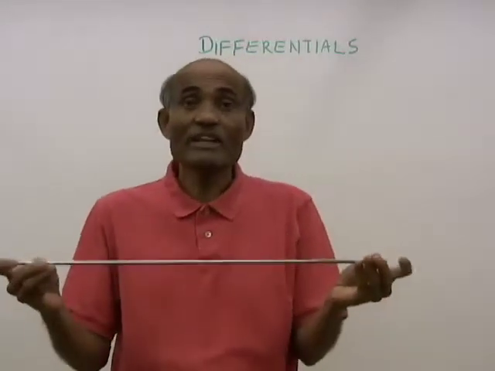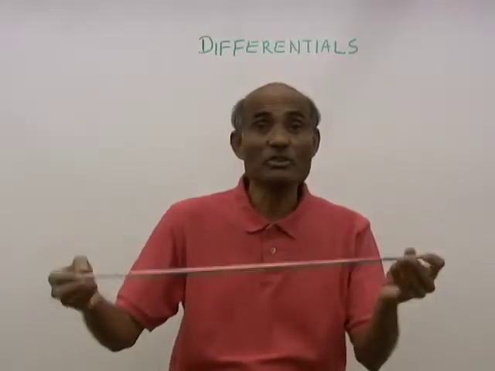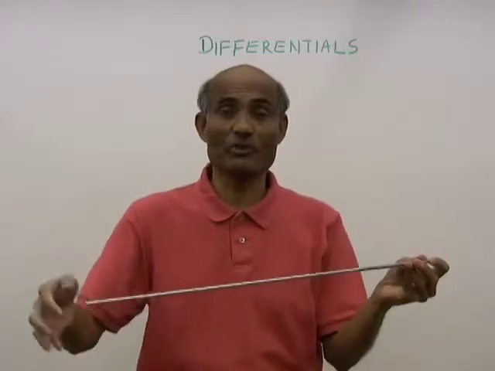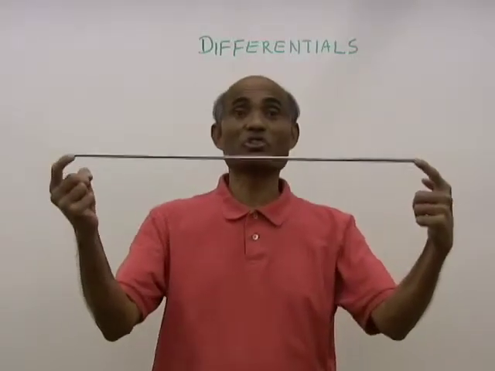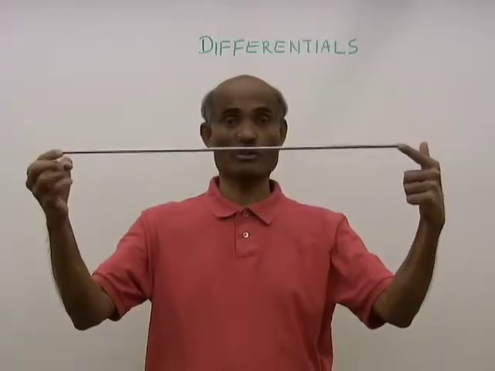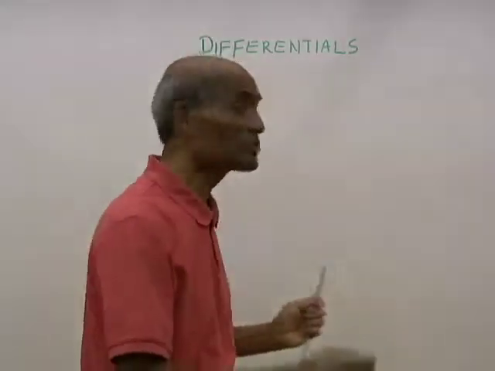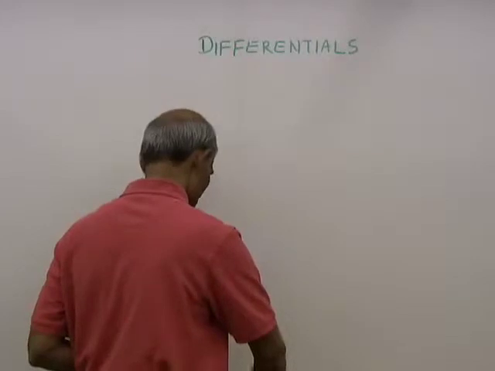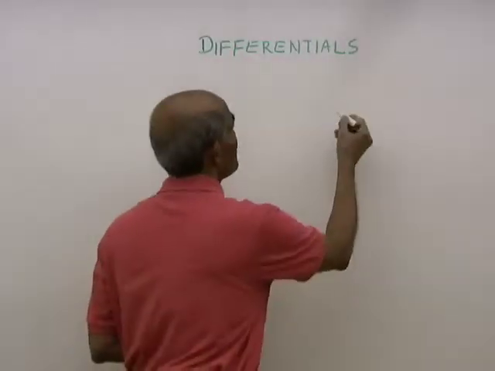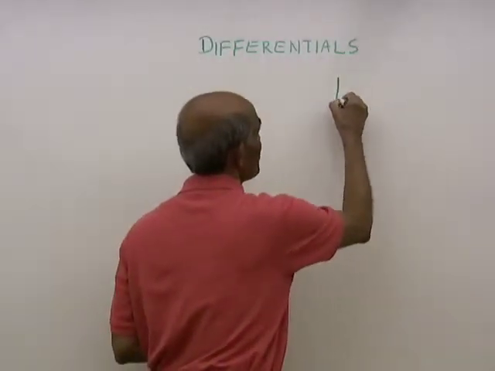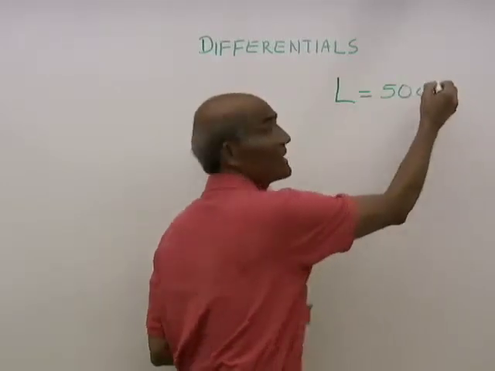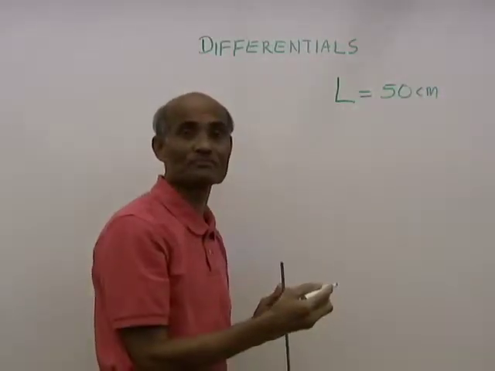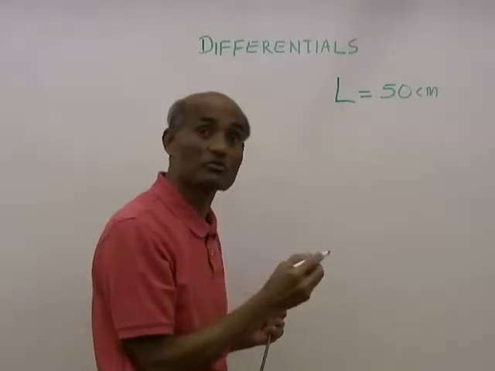Now, very often in the physics lab, I ask students to take measurements. For example, I asked 2 students to measure the length of this rod. The actual length of this is 50 centimeters. So I'm going to write this as the actual length, L. So the actual length L equals 50 centimeters. Now, the first student